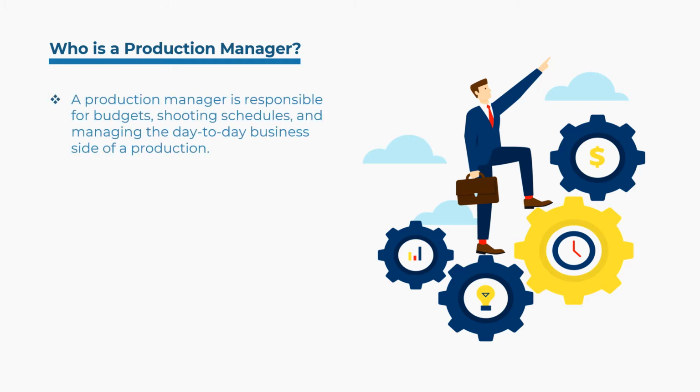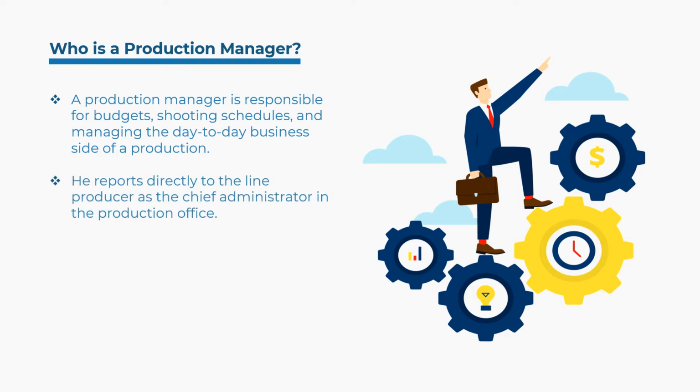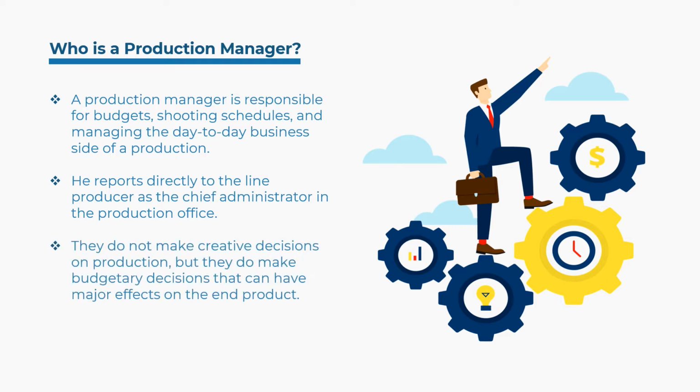A production manager is responsible for budgets, shooting schedules, and managing the day-to-day business side of a production. He reports directly to the line producer as the chief administrator in the production office. They do not make creative decisions on production, but they do make budgetary decisions that can have major effects on